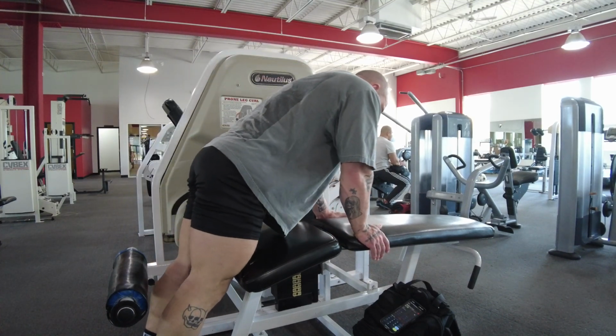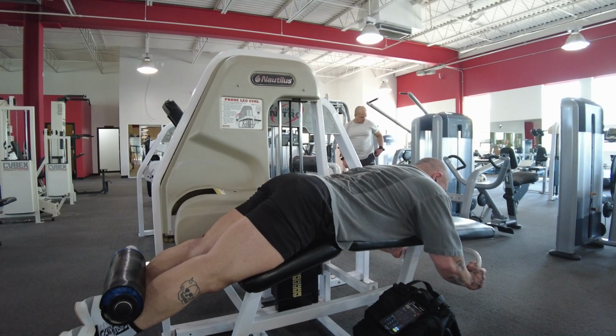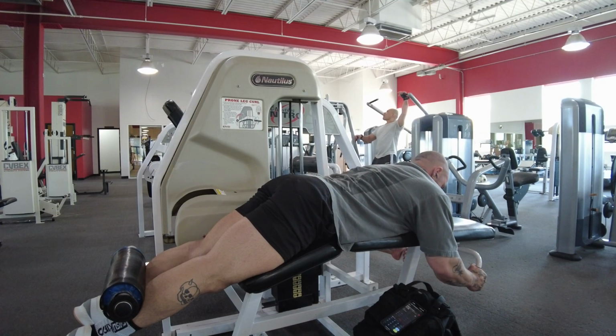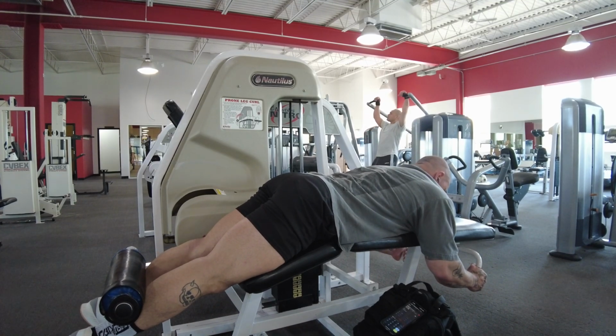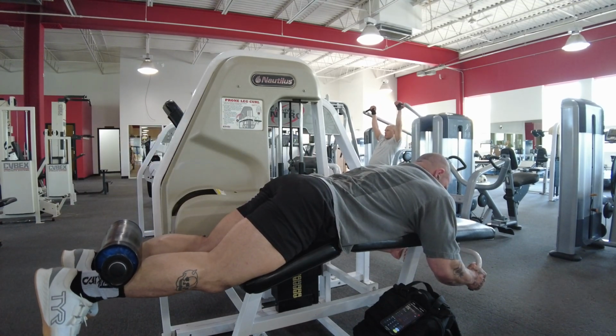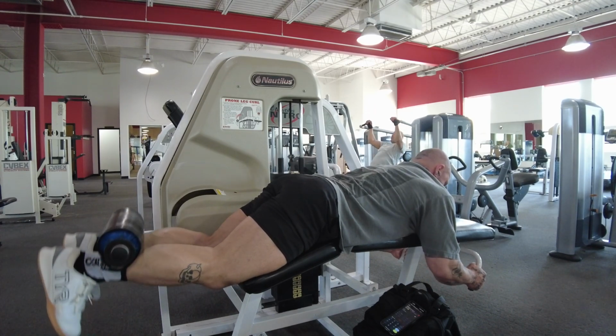What's going on, guys? I am back with day 53 of this off-season growth phase, whatever you want to call it. This was my mixed leg day session, hamstring focus still. We're still trying to bring up hamstrings a little bit. Obviously, the volume is there in the weekly format, but we've moved the structure around a little bit as of